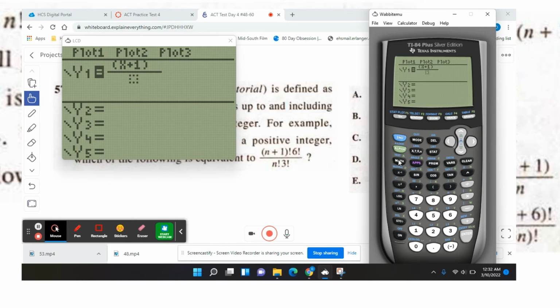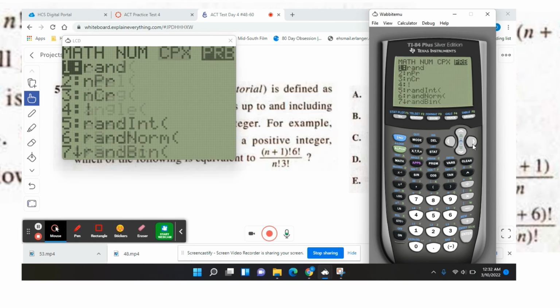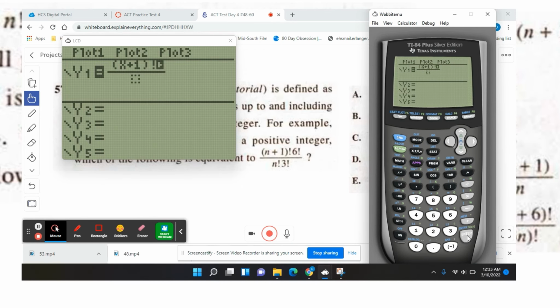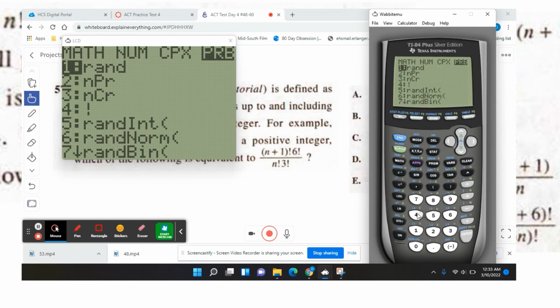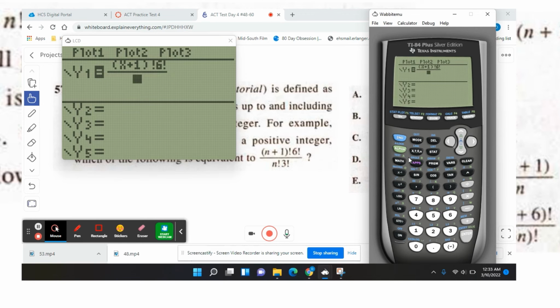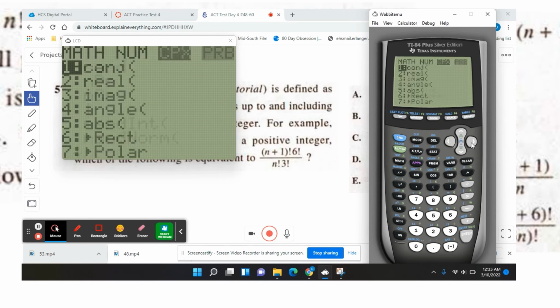This is under math, and if you scroll over to probability, it is option number 4. And then I'm going to hit 6 factorial. And my denominator is x factorial,